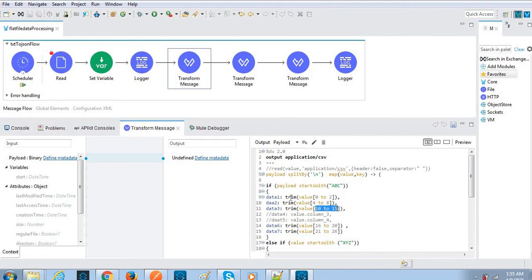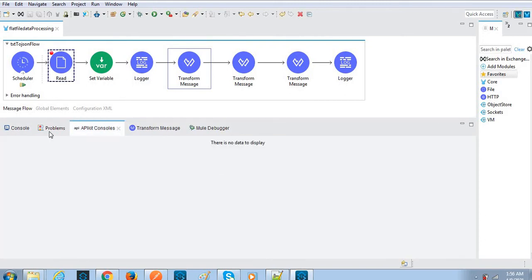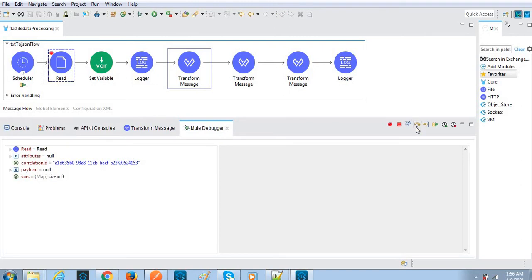This is how we are reading. If we have any spaces, it trims them out. So we'll go through this flow.